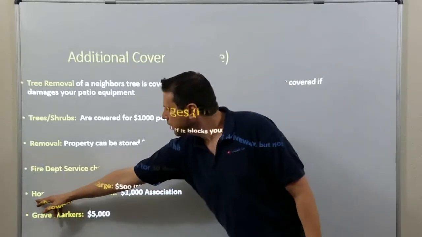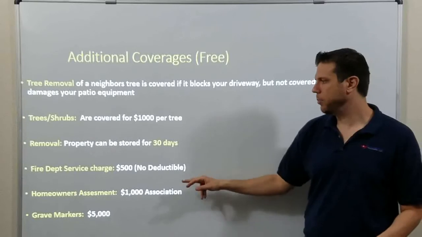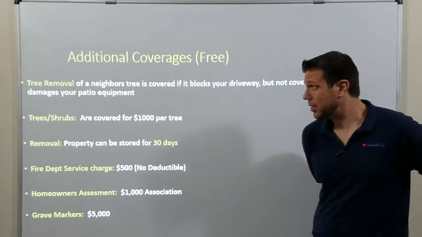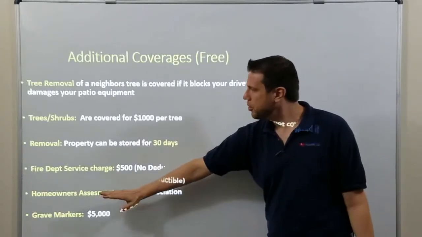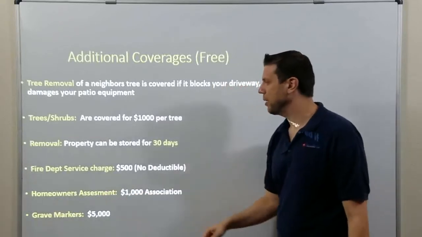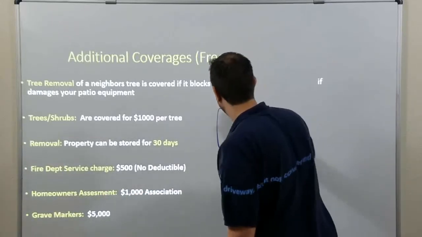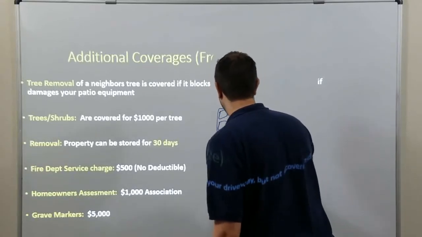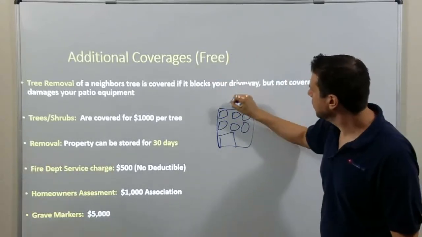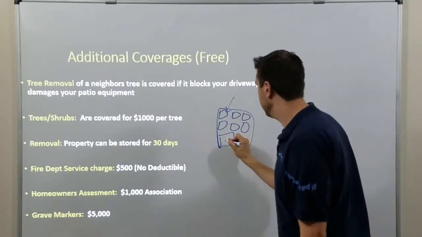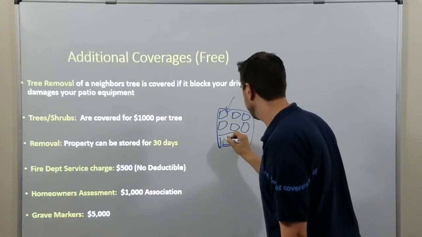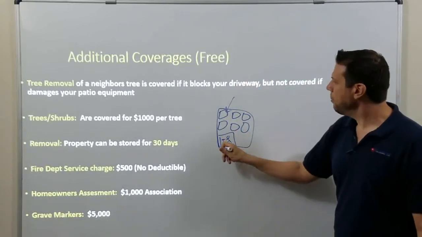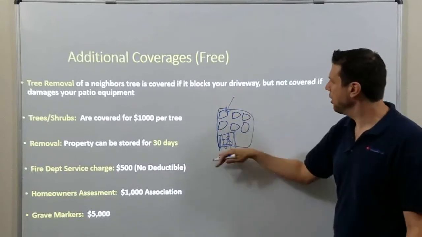Homeowners insurance also covers a loss assessment of up to $1,000. It's a memorization question. I will teach it, but an additional coverage under homeowners is a homeowner's loss assessment of $1,000. So let's say you live in a condominium building, and this is your condo. Down here is a gym. That's a treadmill. It's a guy running on a treadmill. If the gym burns down, don't worry, he got out. If the gym burns down,